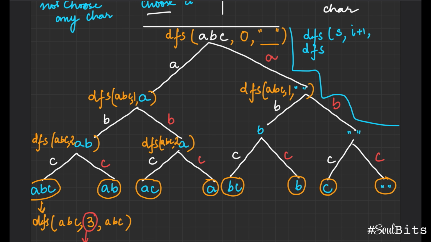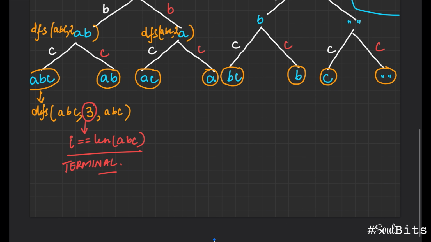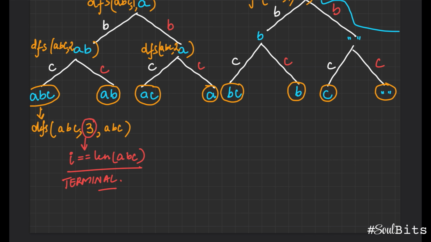So whatever you get from your temporary result, let's say current, either you add the current element or you do not add the current element. So the first 2 parameters remain the same. The original string, I gets incremented. And in your second case, the element that you're deciding over doesn't get incremented. That's what your DFS calls will look like. This is the crux of our logic, where we go to the left and the right branches. The only thing which is left here is to talk about how the terminal case will be planned. It will become very clear once I show you the code.